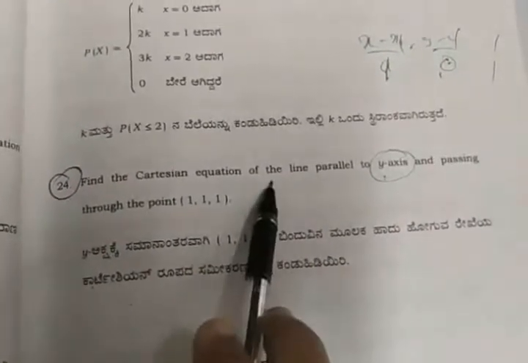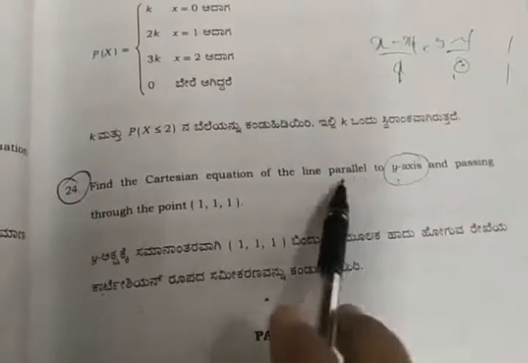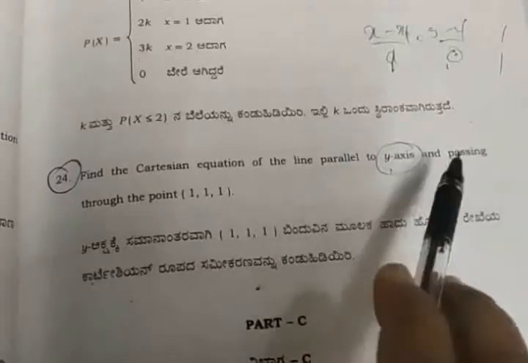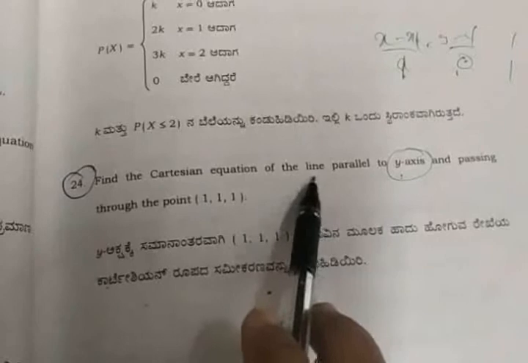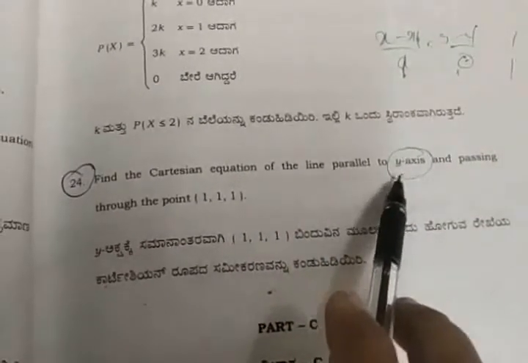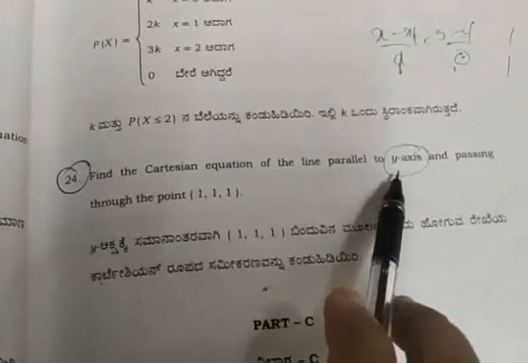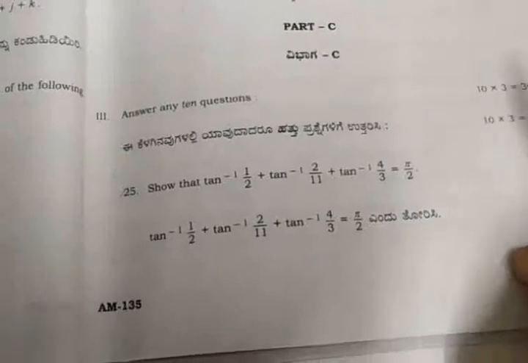Equation of the line parallel to the y-axis. Get the direction ratios or cosines of the y-axis and the passing point. Vector r is equal to vector a plus lambda into vector b. Vector a is the passing point, and parallel to direction ratios or cosines is also okay. 0, 1, 0. Continue. So in the 3 mark slot,